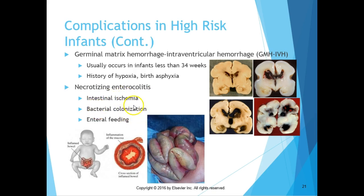Bacterial colonization, ischemia, we talked about that. And then when we have enteral feedings, we can introduce bacteria there. So you can see there's an inflamed bowel, inflammation of the mucosa, and you can see the actual infectious process here. So you guys, this baby a lot of times will start bleeding in his or her gut, and the hemoglobin is going to go down, and the gut is going to get really, really big because there's so much inflammation of the gut. So when you're in the NICU, you will see them talking about belly measurements,